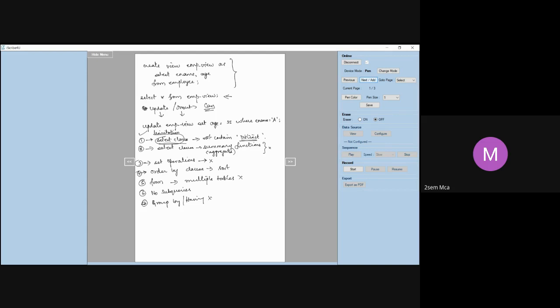But something like this I have given here. See, UPDATE EMP_view, the view that we have created, SET age = 35 WHERE ename = 'A'. It's perfectly fine. You can do that kind of operation. But you cannot do all these other things. It is not possible to use them on a view. Am I clear? Updation?